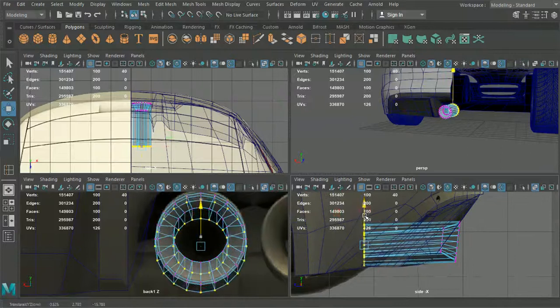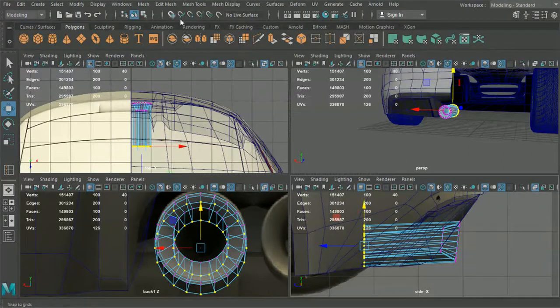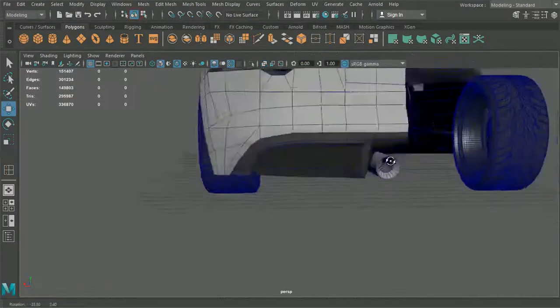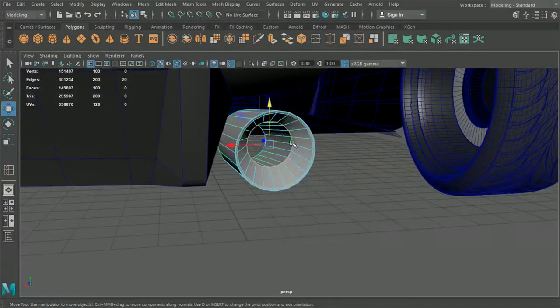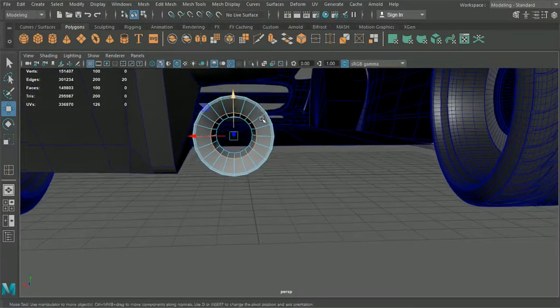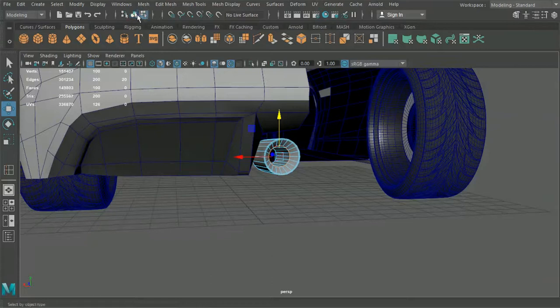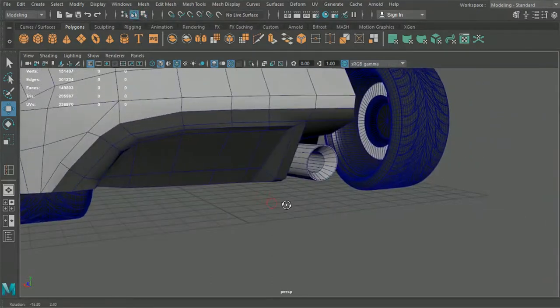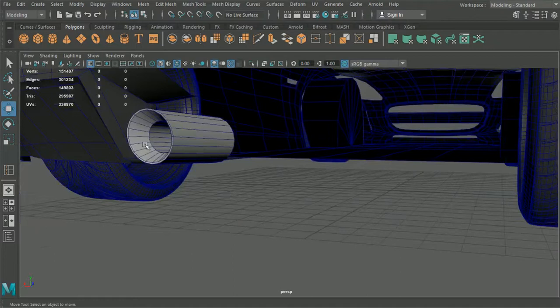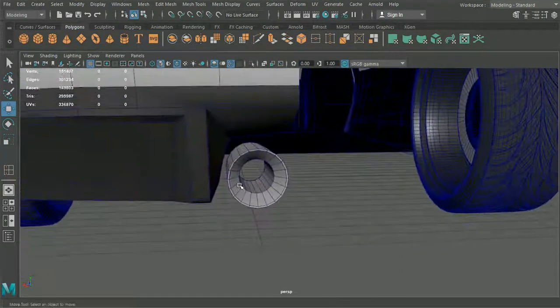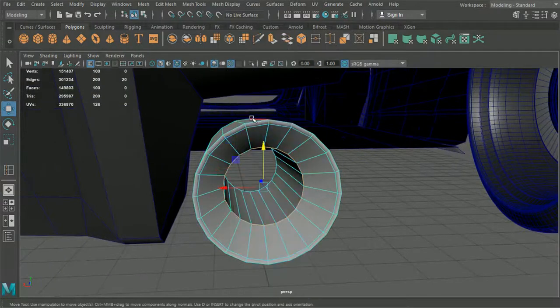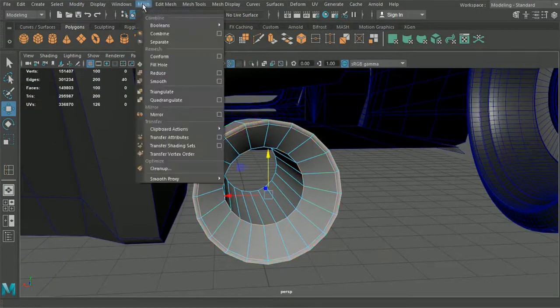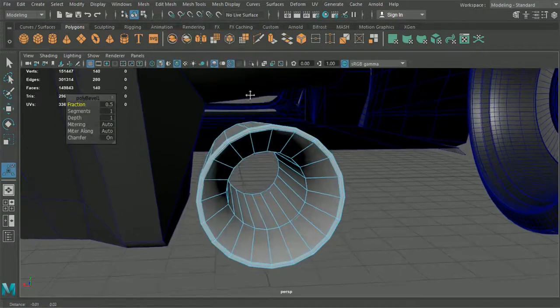And we'll want to maybe bring these down like so. Maybe want these to look a little bit more central. So let's just pull that down as well. Okay, so we'll get a little bit smooth to that when it comes to it. What we'll do for now is let's grab both of these edges and we're going to bevel these,